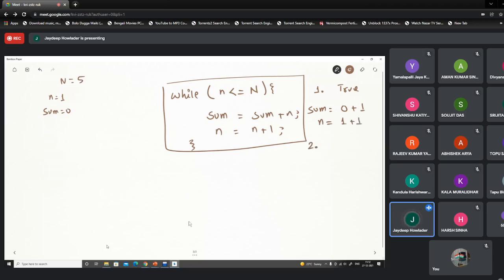In case 2, again the condition will be true because n is less than or equal to 5. Then again sum will take the value of 1 plus 2, and n will take the value 2 plus 1. Okay.